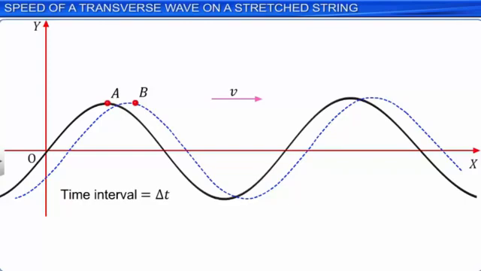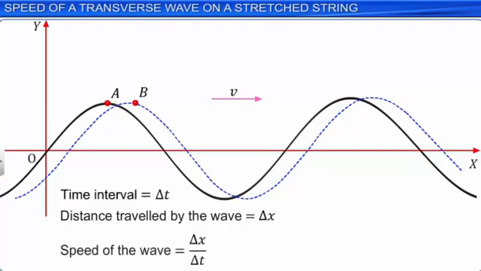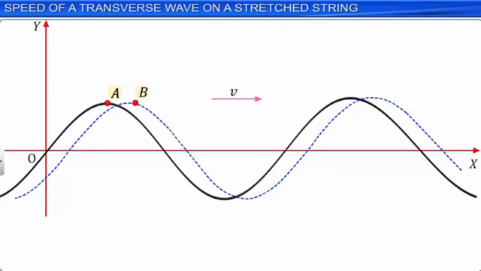We have discussed particles A and B, which were in the same phase, that is, the crest of the progressive wave. Now, let's take another pair of elements, say C and D, which are at the same phase. We find that their displacement in the y direction is also the same. Since the wave is travelling along the positive direction of the x-axis, that is, from left to right, the waveform